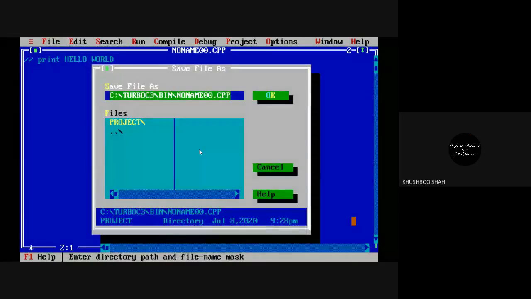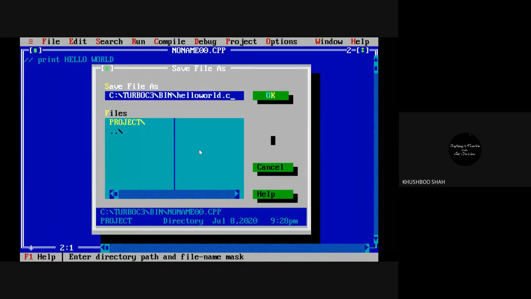So here I'm just storing the program and giving the name, and always give a meaningful name. Later on you will understand why the meaningful name is important. Hello world.c, and do not forget to write the .c. .c is the extension for any C program. I'm storing my first program of hello world in C. In C I have the turbo3 folder.